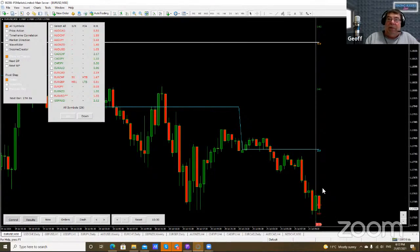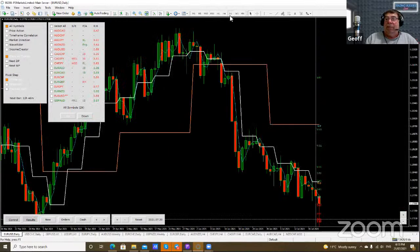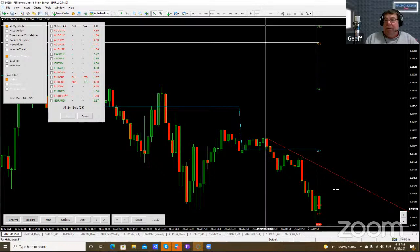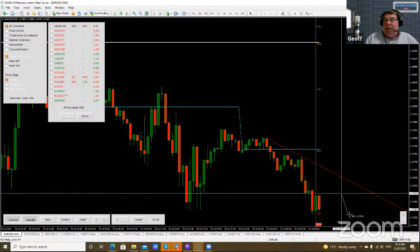So maybe that trend line that comes through here. I think if you hit that and put in a higher low off there, then you've probably got a trade to take on euro dollar on the smaller time frames. Whether it can climb its way out of the depths, I really don't know, but it's not a long-term trade. You're only looking at a short-term trade. So if you can get in, say down here on, let's say a 10, 12 pip risk,